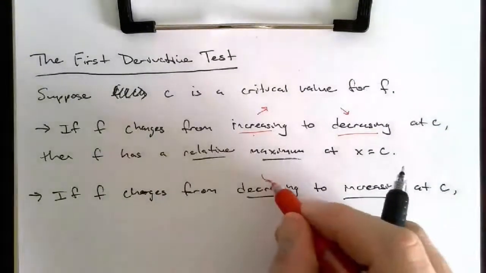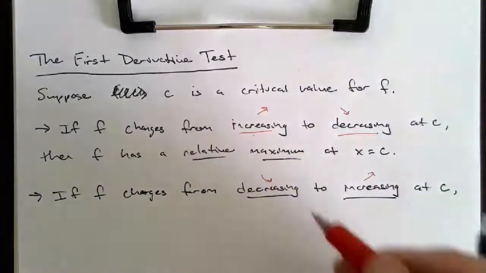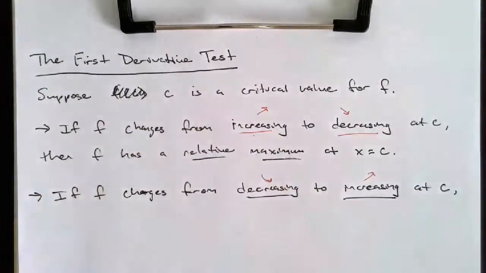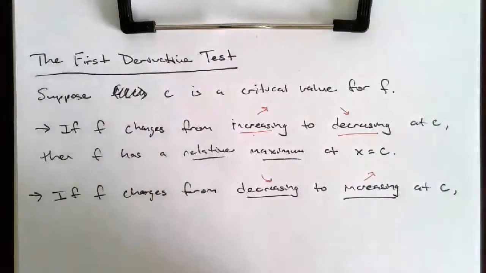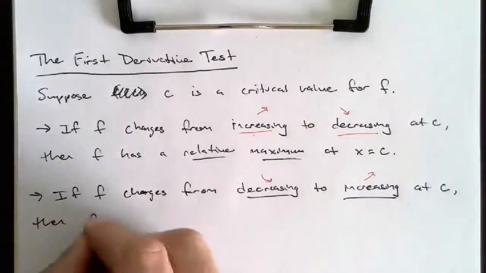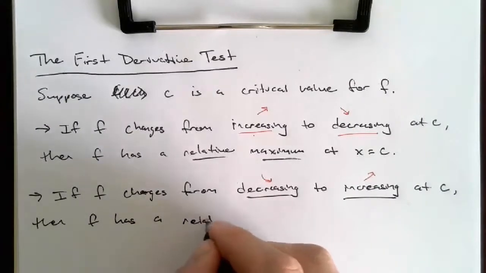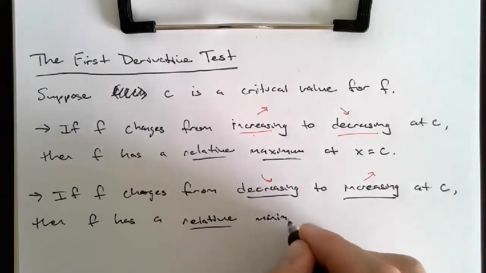The original function is going downward and then it's going up. If I'm going down and then coming up, what kind of point do you think I have, a maximum or a minimum? I'm going downward and then coming up, it's going to be a relative minimum because it's a low point. So then f has a relative, remember, or local is another way of saying that, a relative minimum